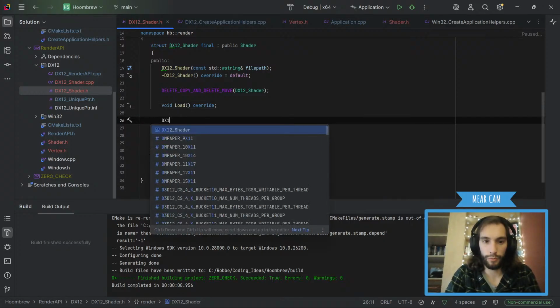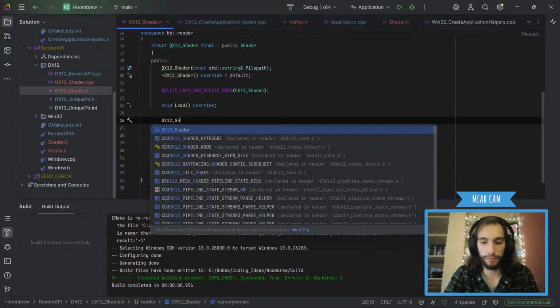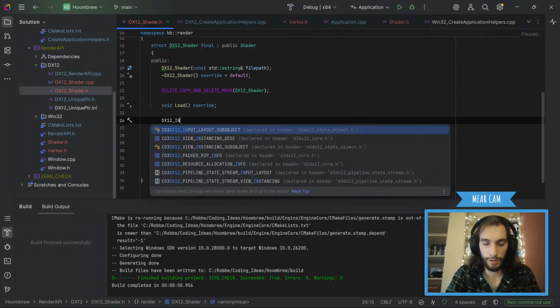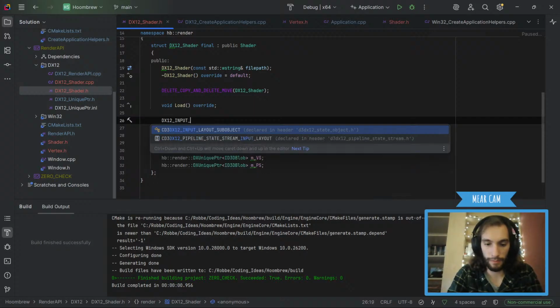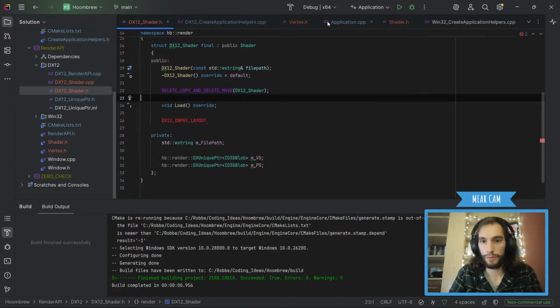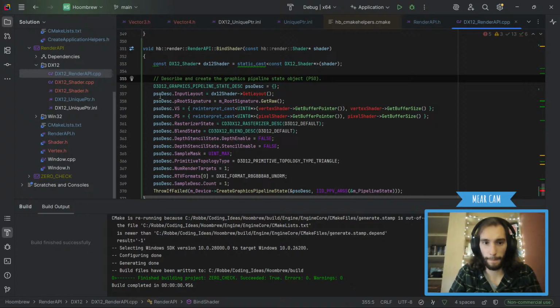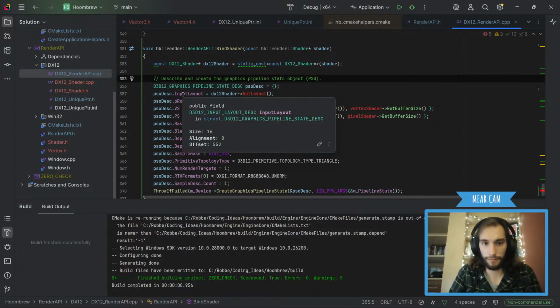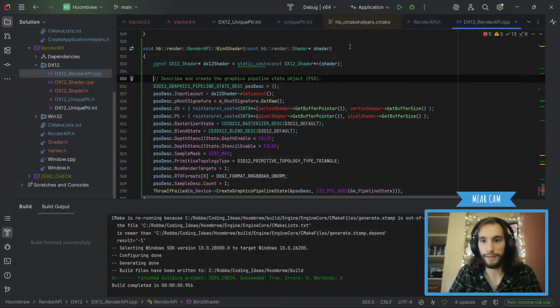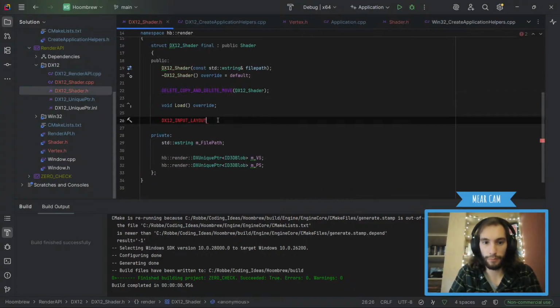DirectX 12 shader, no, input. Layout, I think it's called. Right? What was it? I forgot. DirectX 12 input layout description.